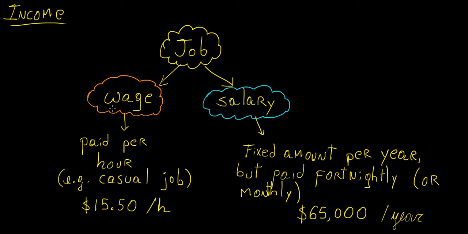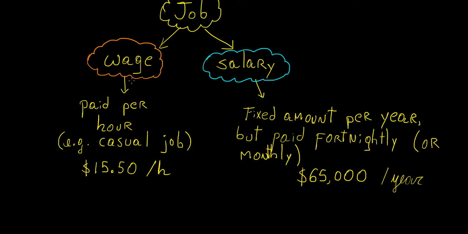Now with a wage, one of the main features of it is that it can actually vary depending on whether you're working on a weekend or on a weekday. And if you're working, for example, on a public holiday, then you may be paid extra. So sometimes you have types of pay that include time and a half, which means that instead of earning this amount, you're earning 1.5 times that. You also have double time, which is usually what you would earn on a public holiday or maybe on a weekend, depending on the type of job that you have. So you would earn twice as much per hour as you would normally earn on a weekday.